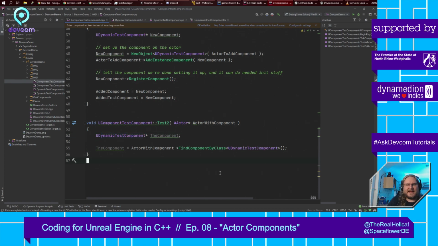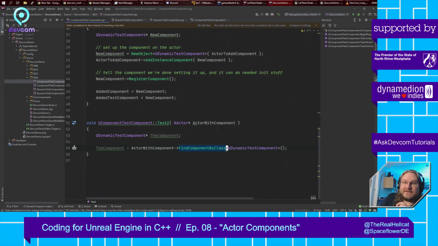If you want to do it by hand, or if you want to do some other magic, you can do this. Then you use the get component by class, which only gives you an actor component, and then you have to typecast it to whatever component you're actually trying to access. But this one already takes care of this. So this is very, very convenient. You just use this. And also, warning,